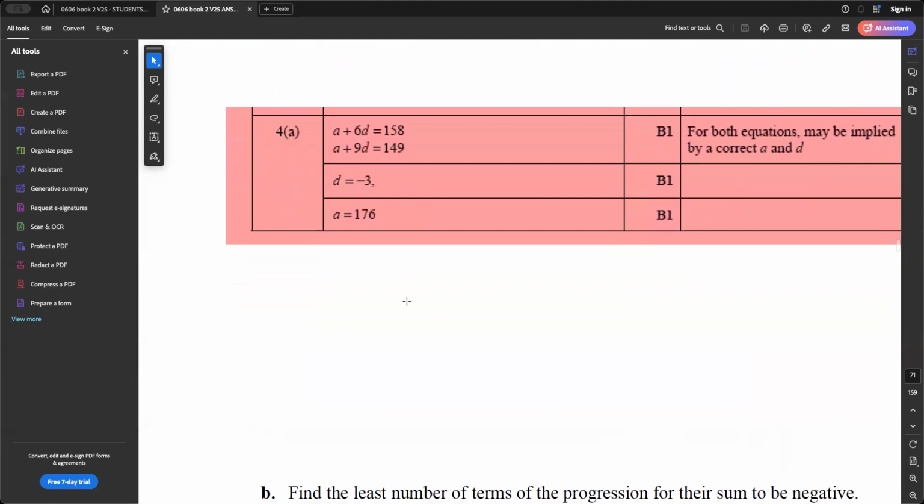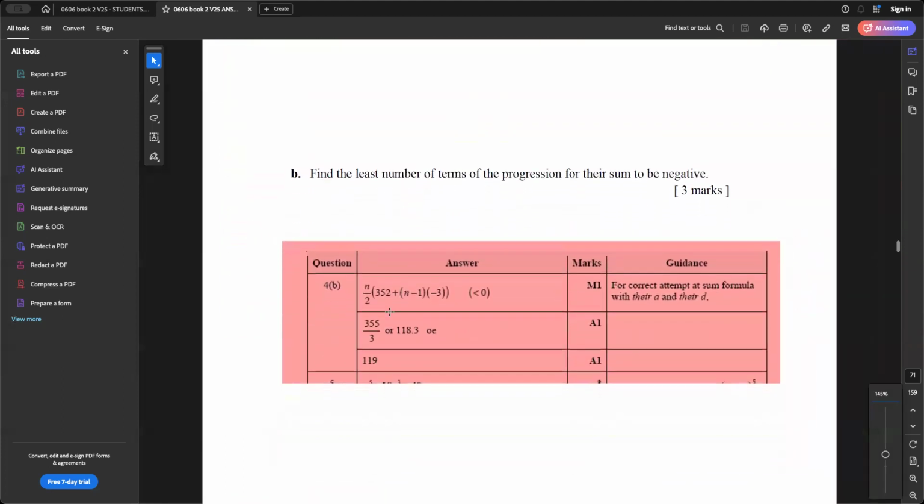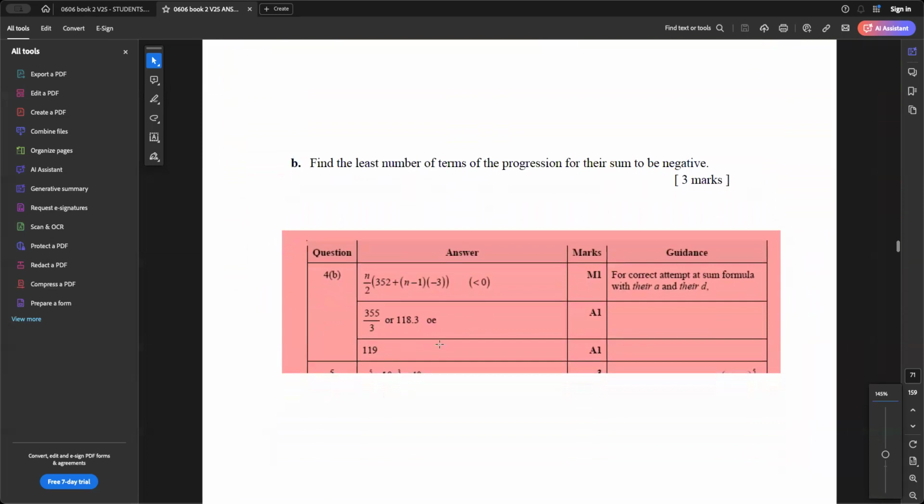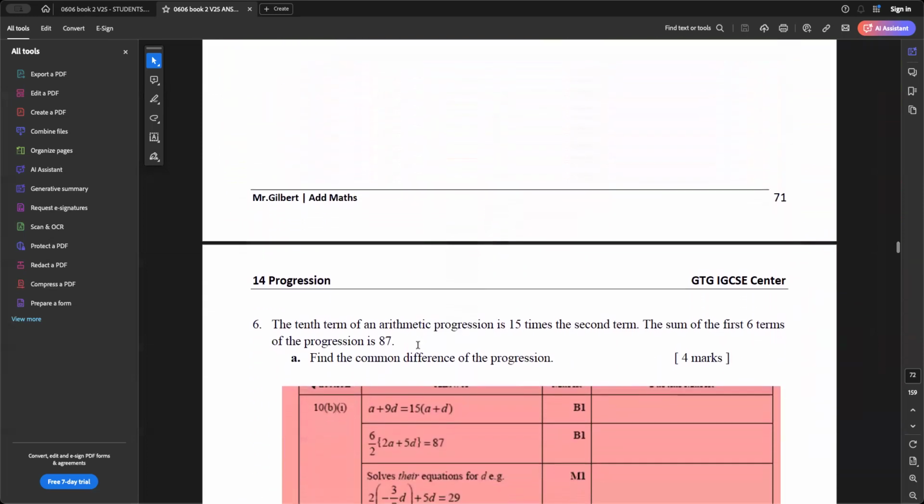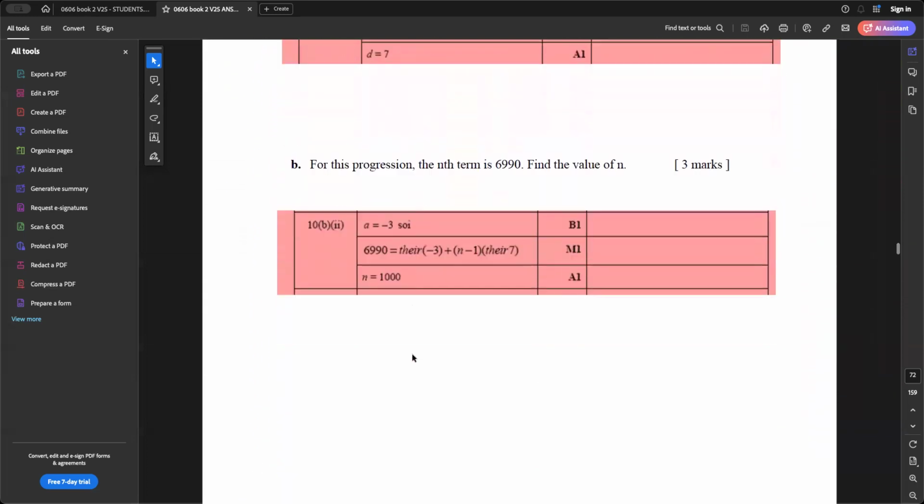OK, 然后第几题？哦 119. Okay, then the next page is